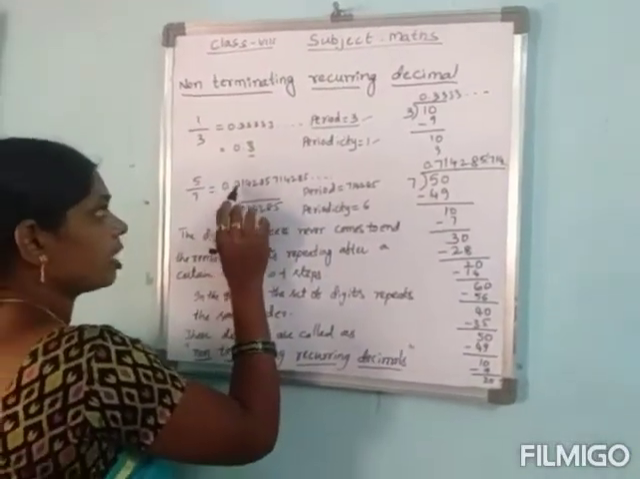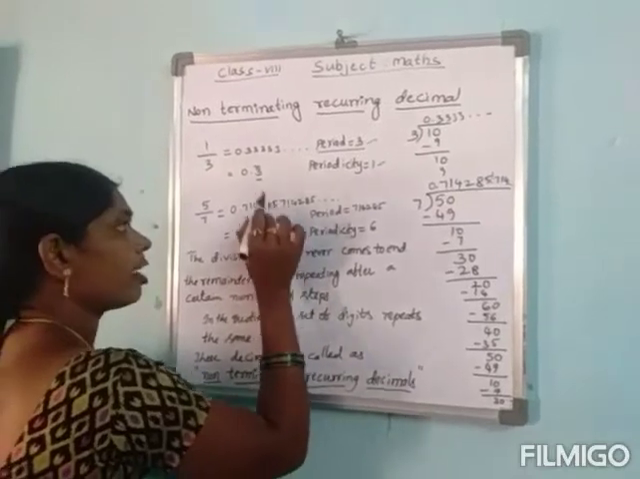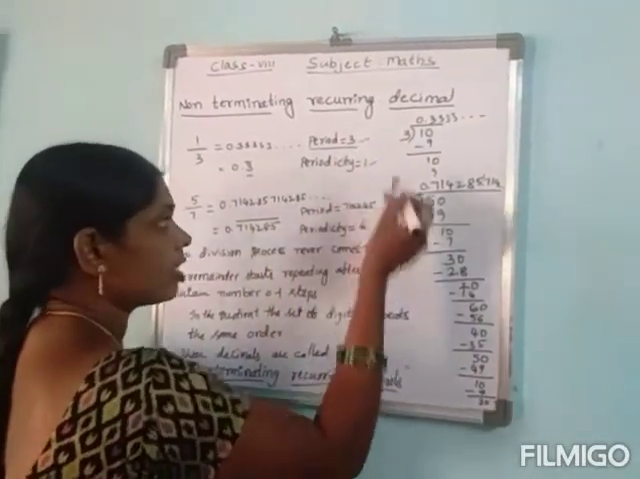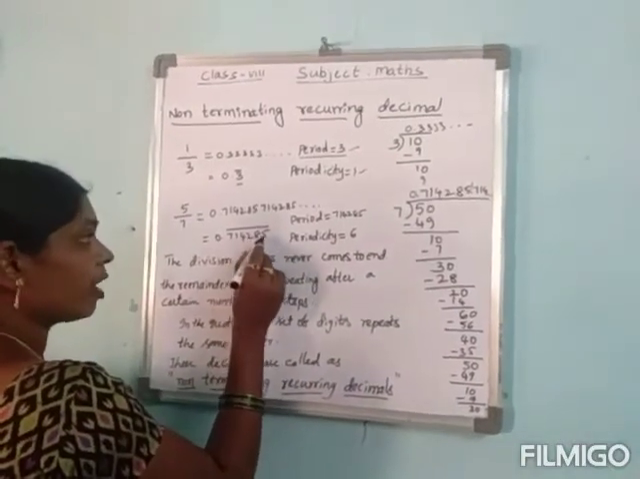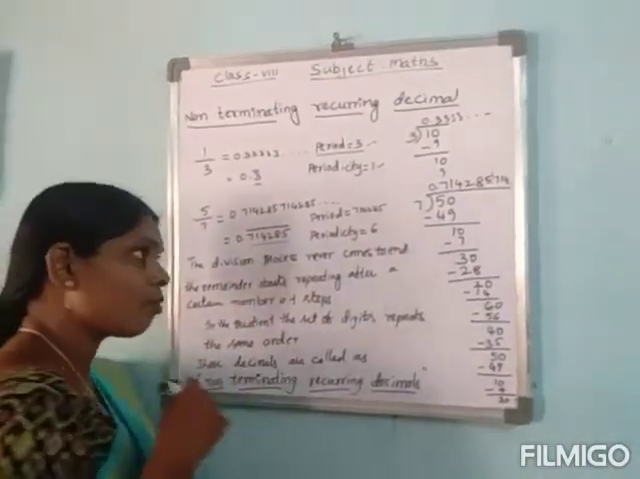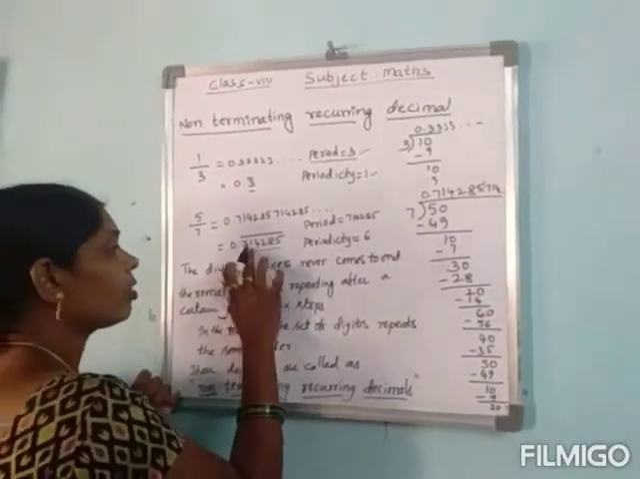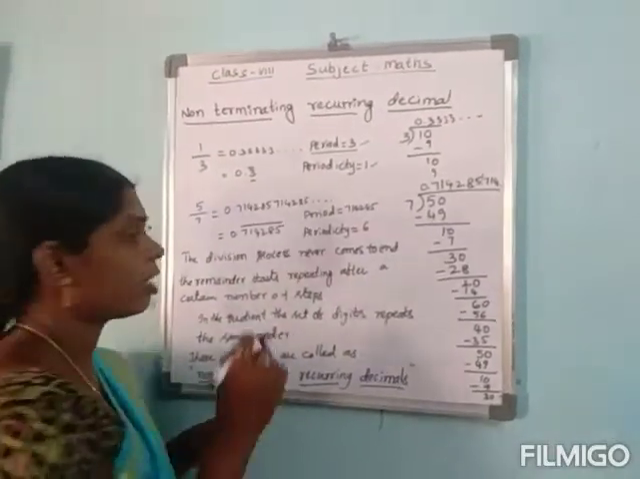The quotient is 0.714285, again 714285, again 714285. So this decimal part 714285 is repeating once again. From here too the decimal part is repeating. So we can write